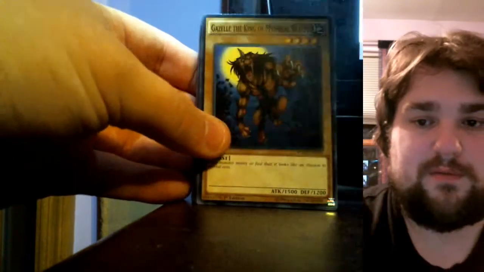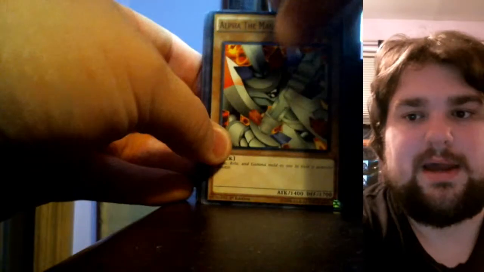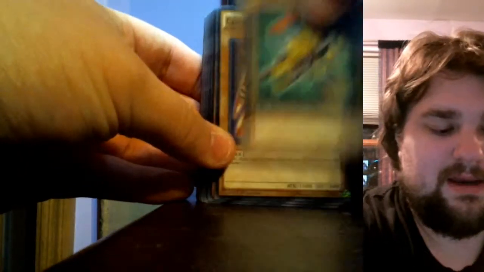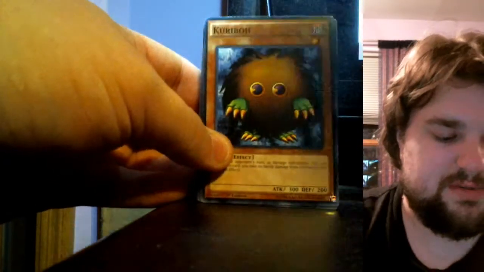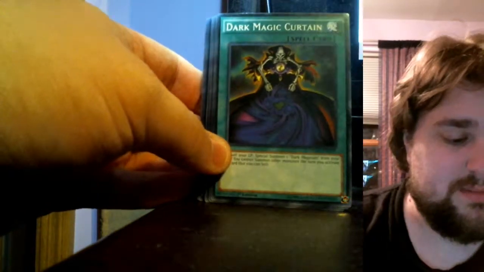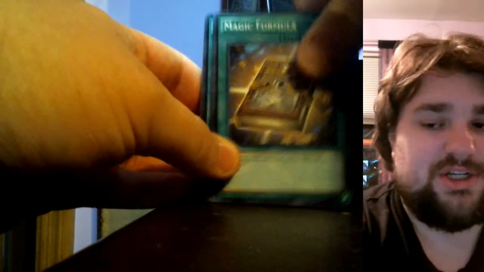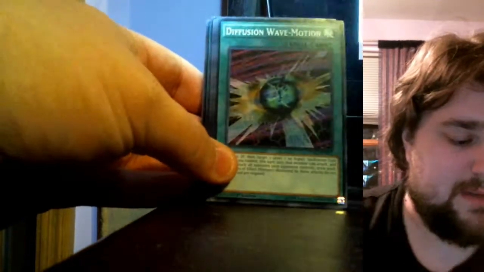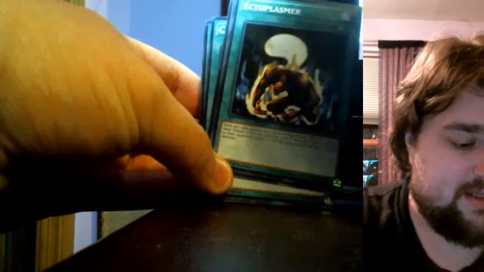We have Baphomet, we have Gazelle, which I believe the fusion for this deck is going to be in there. We have Alpha, Beta, and Gamma, the Magnet Warriors. Big Shield Garden, again, not as good as how they practically showed him in the show, but Kuribo again. And then Monster Reborn, Dark Magic Curtain, Thousand Knives, Magic Formula, Magical Dimension, Diffusion Wave Motion, Double Spell, Yugi never